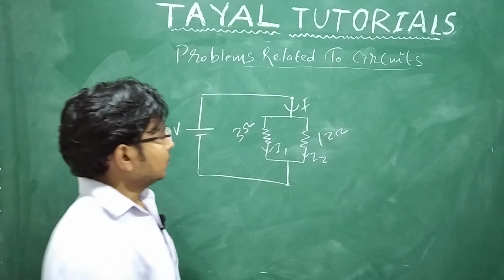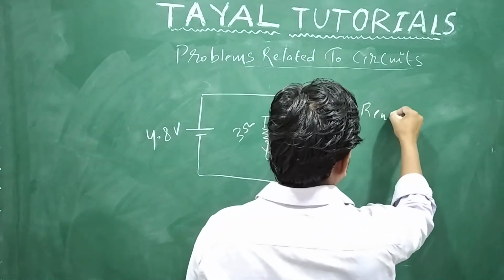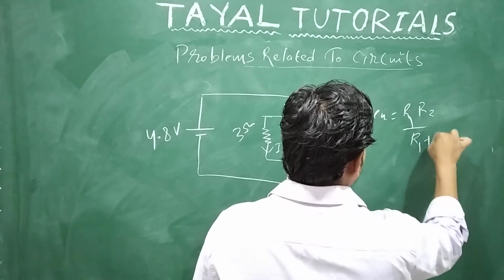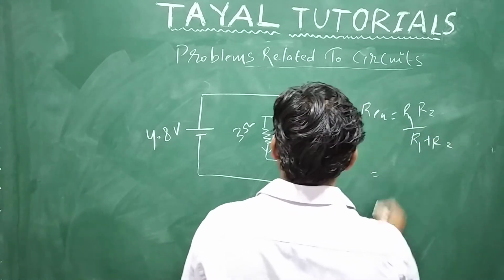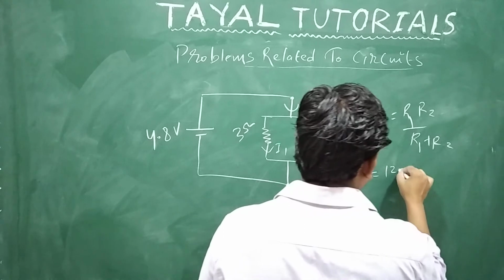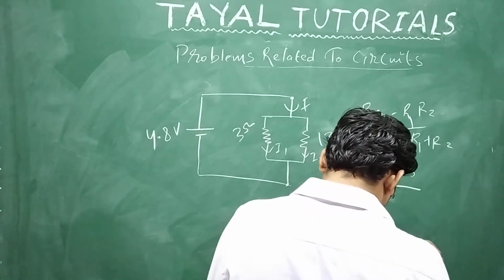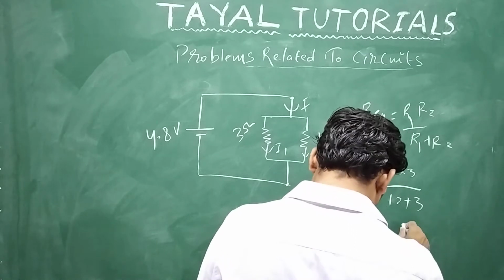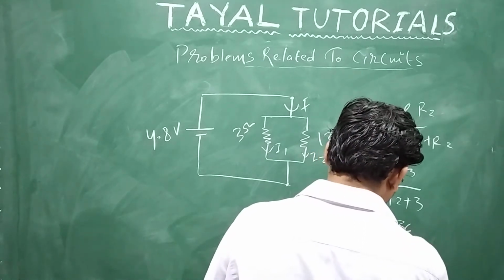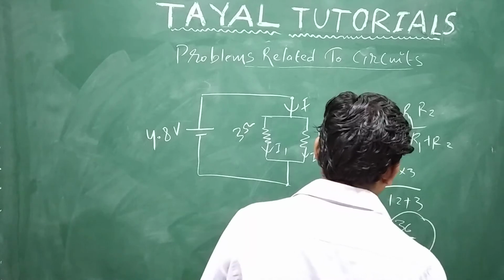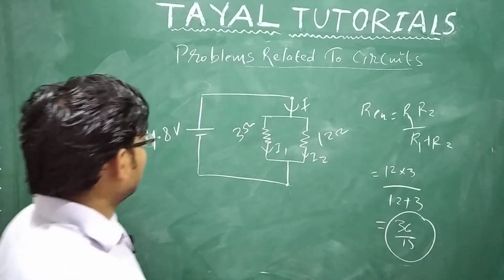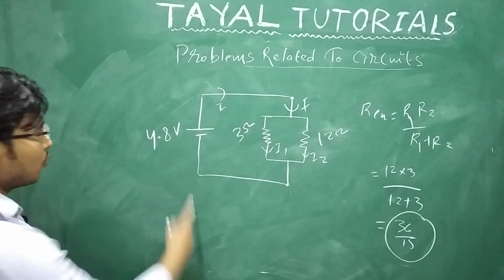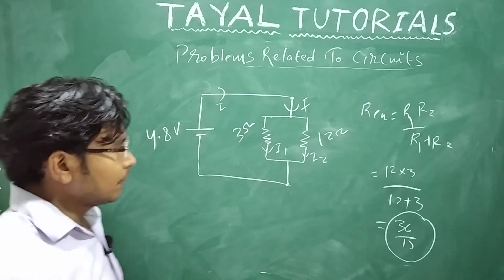Fine. So R equivalent will be R1 into R2 divided by R1 plus R2. Apply that. When you apply 12 into 3 upon 12 plus 3, that is 36 upon 15. So this is your R equivalent. Now I have to get the value of the current which is being fed by that 4.8 volt source. So simple, we can apply